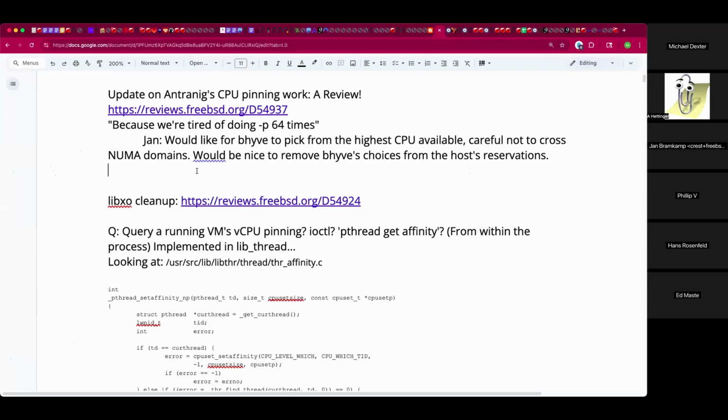It shouldn't be too crazy if you're happy with kind of hard coding the policy of, if you give it this option, it just picks the highest CPUs from the default user space CPU set, and then removes them before using that for pinning. The problem is what happens if bhyve is killed by a stray signal.